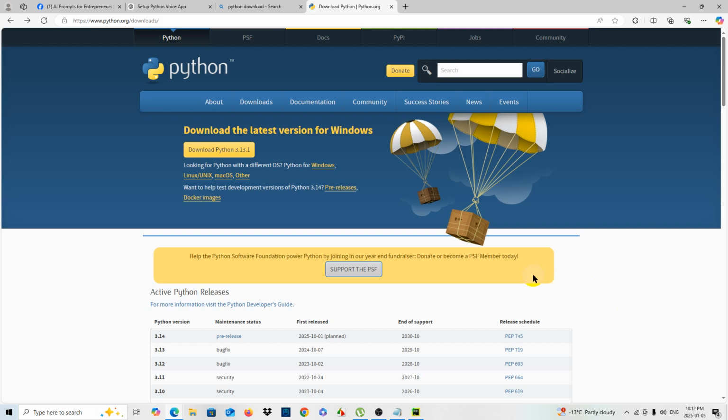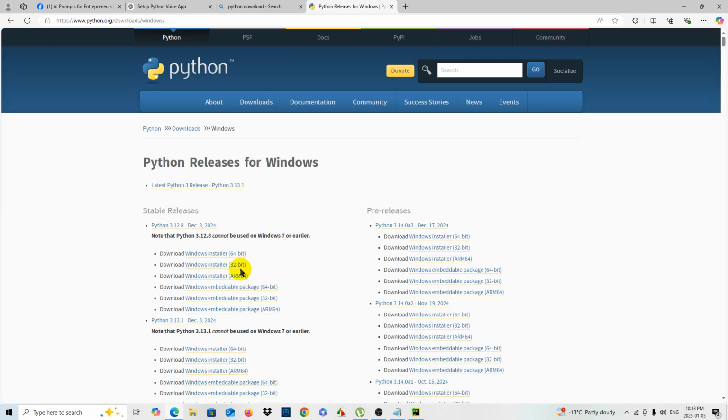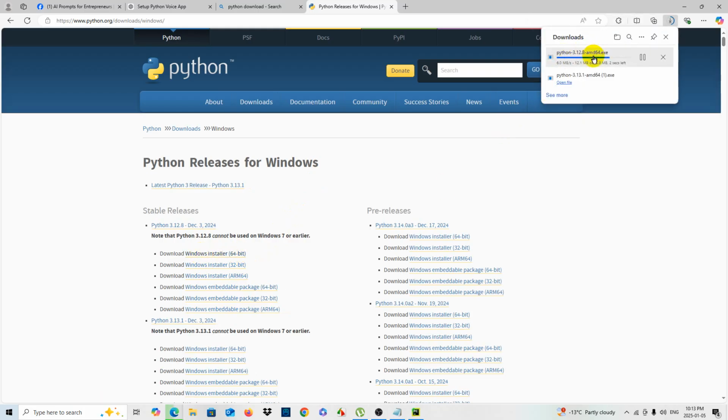And as promised, I'm going to show you step by step how you can install Python and Pycharm. So here you have the Python website. Depending on your machine, you have to click on the right link. My machine is Windows, but you might have a Mac, so you might click here. So I'm going to click on Windows, and here you have to choose the type of machine that you have. I have the Windows 64-bit, so I'm going to click on this one, and as you can see, it's